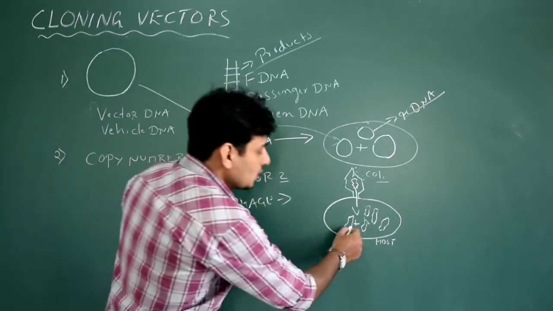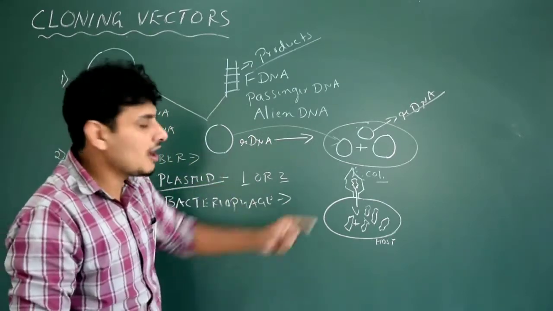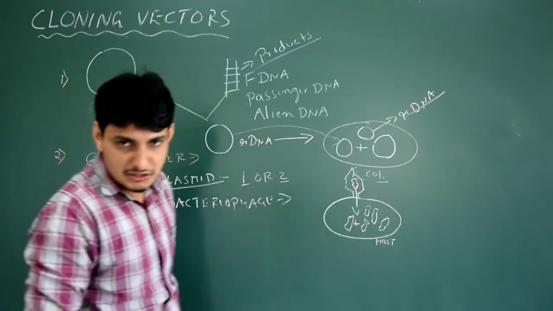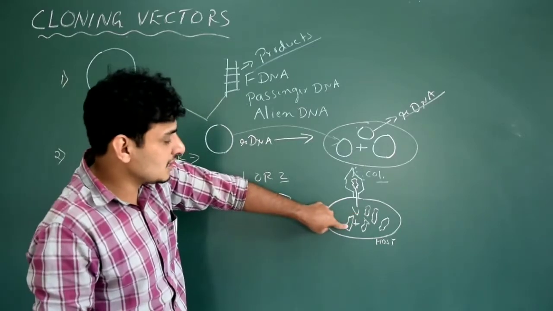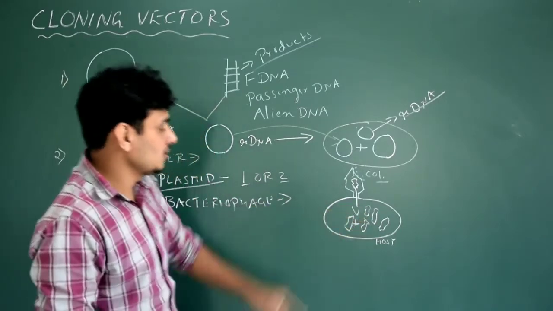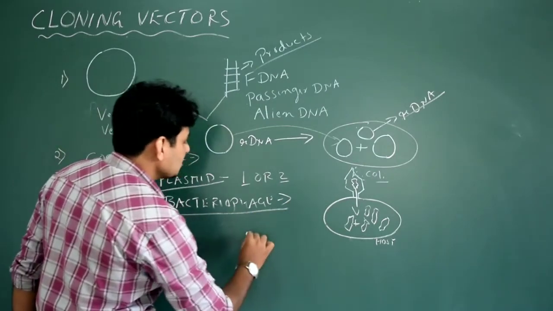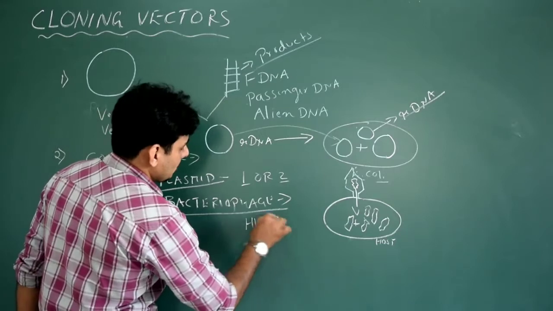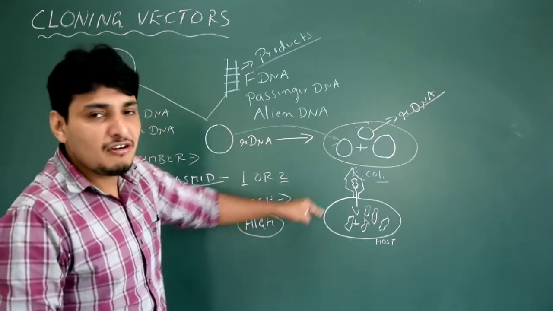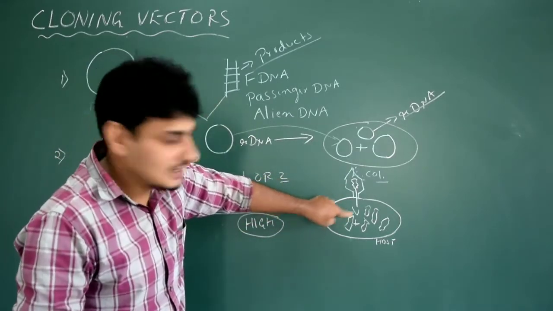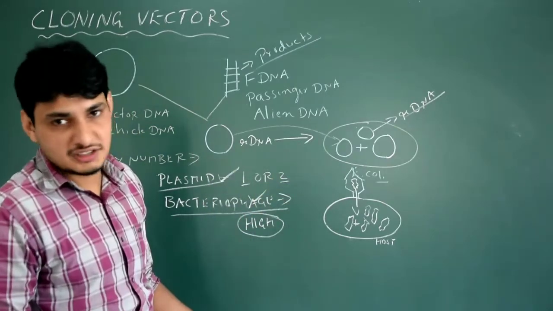Got it? So because of the capacity of the cloning vector of the bacteriophage, more and more number of rDNAs are produced within the host organism before the host organism undergoes cell division. Got it? See, this is the first cell, the host organism, and you could see around 5 rDNAs. So that means the copy number in the bacteriophage is very high. Please note this point. The main intention of a scientist is to get high number of this particular rDNA inside the host organism. So which one you prefer, plasmid or bacteriophage? Bacteriophage, right? So this is the thing.